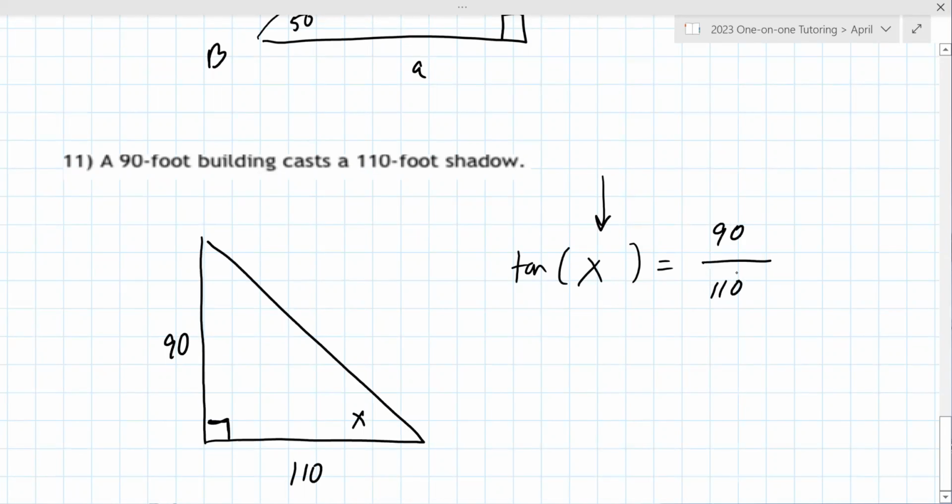I multiply by 110 on both sides, right? You're trying to get to X this time. So you undo tangent. So I do the opposite, inverse tangent. Yes. Okay, so it's the inverse tangent of 90 over 110. Yes, and it would help me to remind me on Thursday of this last problem here. There's some confusion there. We can clear that up. Okay, 39.29. Good. All right, we're going to go ahead and